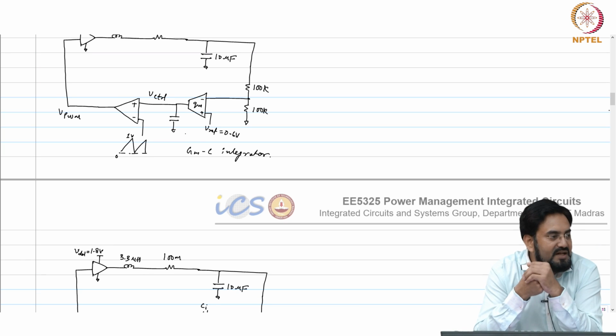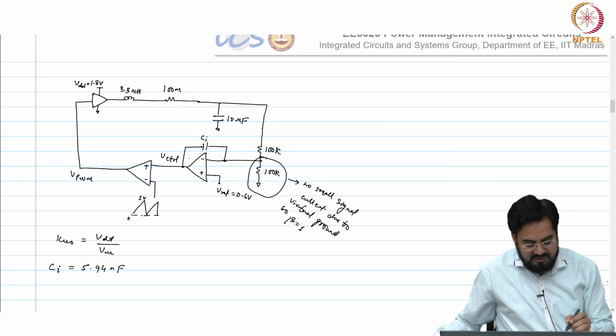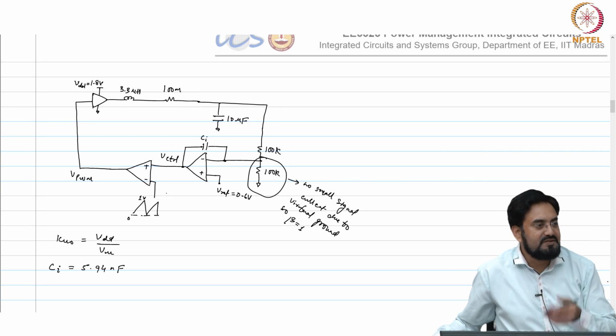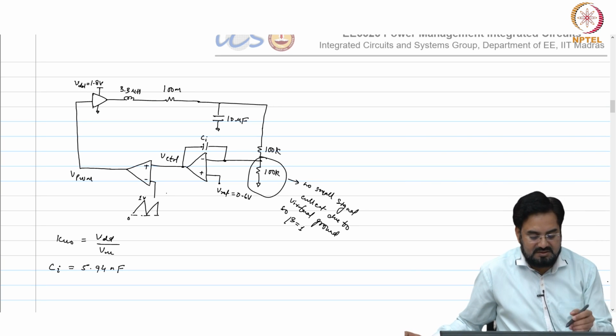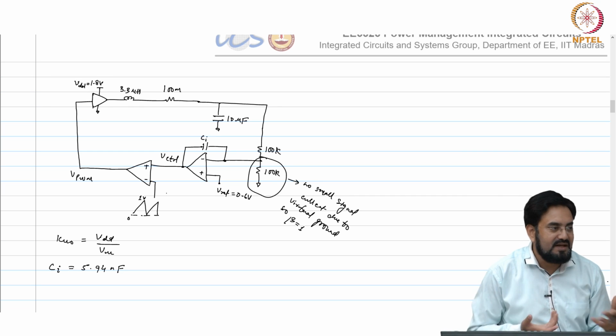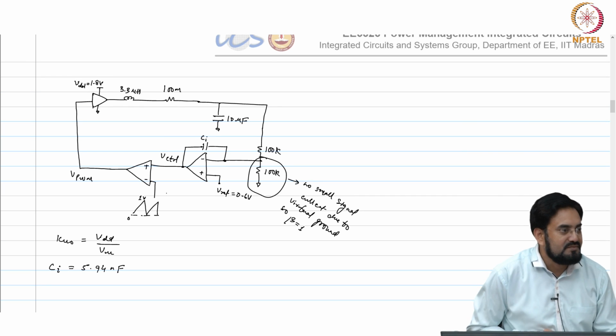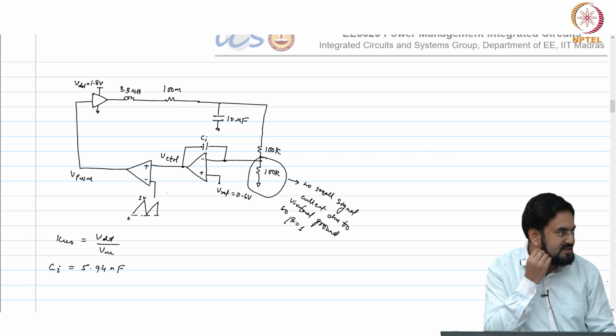So, that is why we prefer large GM, but you will not have that problem with the op amp RC if you use a very large R, because you are not changing the characteristic of the op amp, you are simply changing the R and C values, that is it.